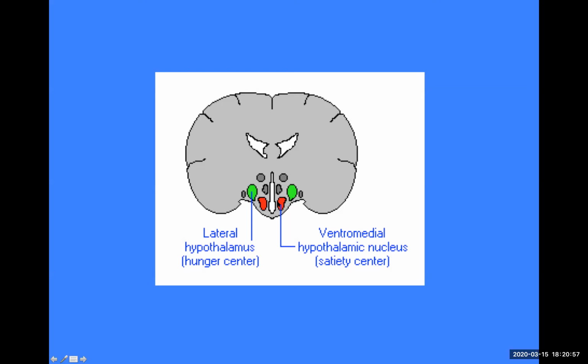ventral and slightly medial. The ventromedial nucleus is the satiety center. So this is the opposite of hunger. That's where the brain is saying, okay, I've had enough to eat, I'm all good, I don't need to go out and eat more. There were some pretty wild experiments done in cats where this nucleus was lesioned, the VMN